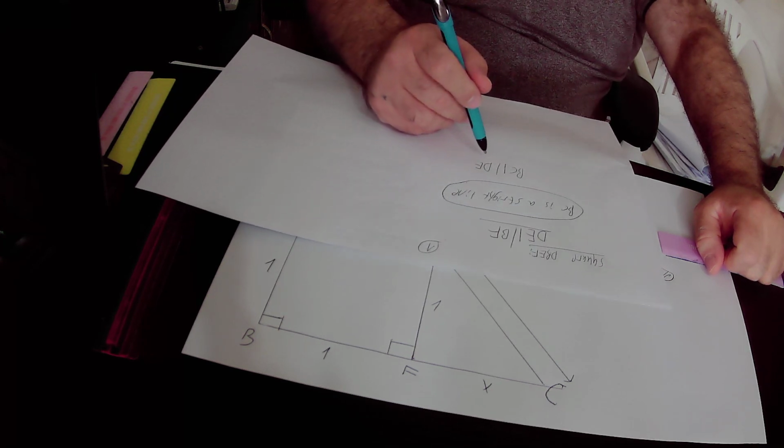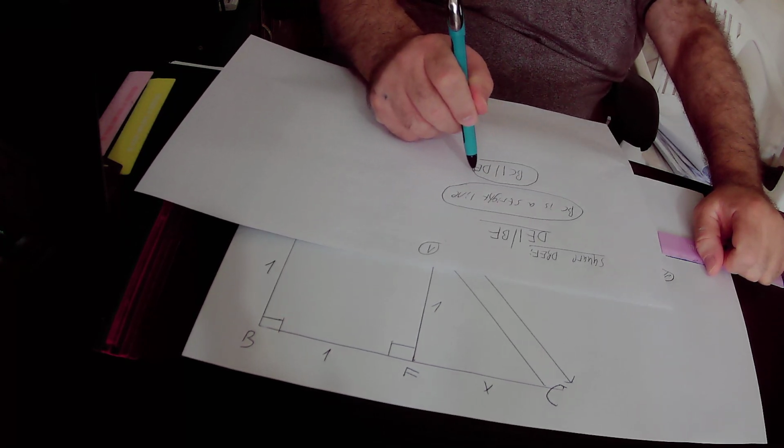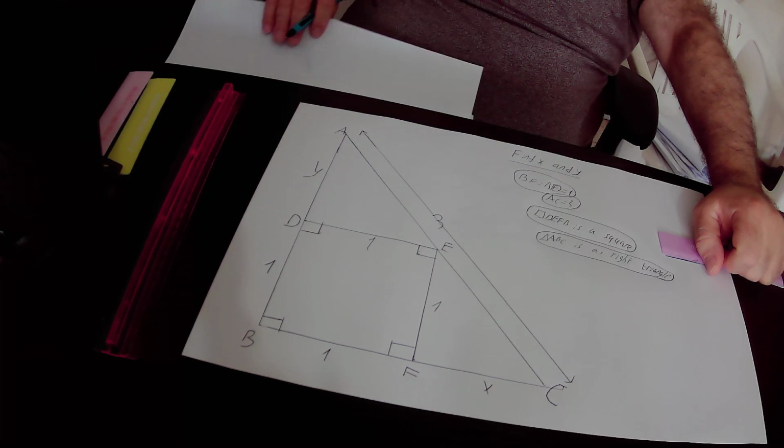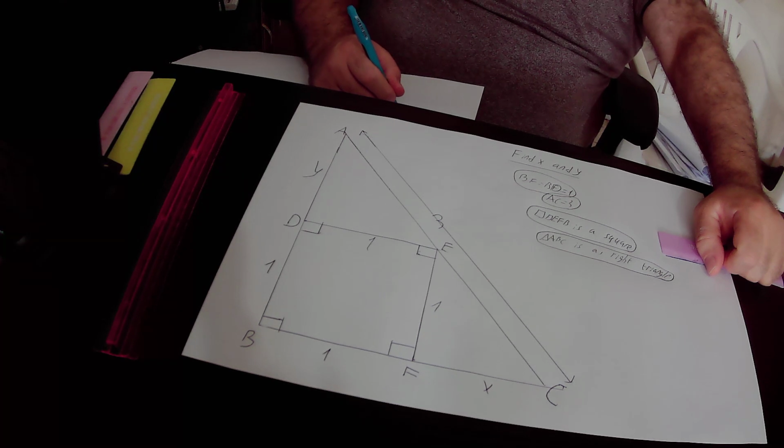And so BC is parallel to DE, and we have rule number 1, that states